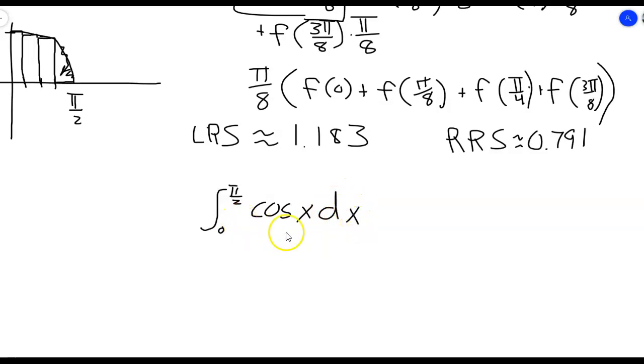Now the antiderivative of cosine of x is positive sine of x. We saw that from the last section, because if the derivative of cosine of x is negative sine of x, then the antiderivative is positive sine of x. So this is going to be sine of x